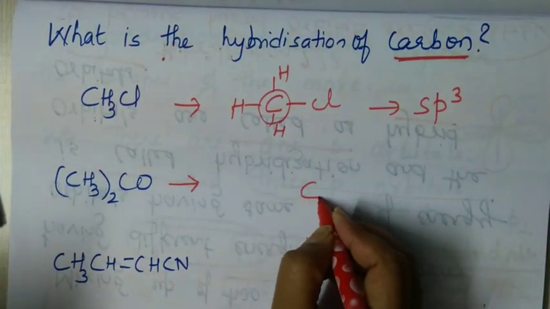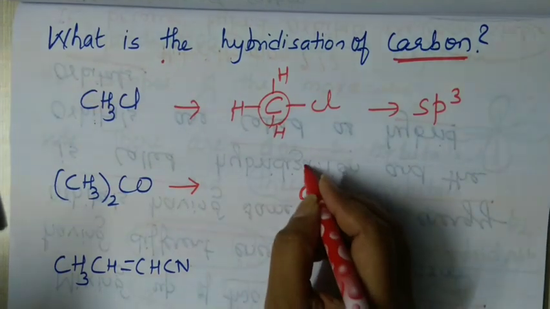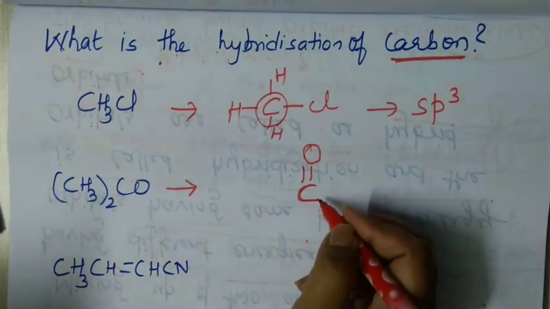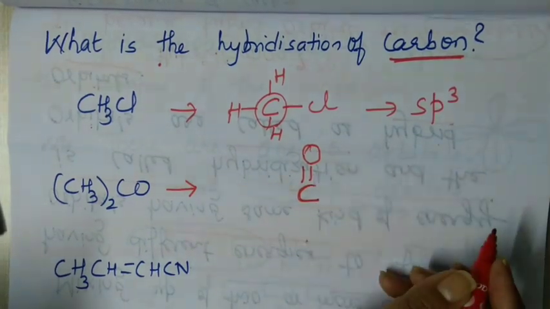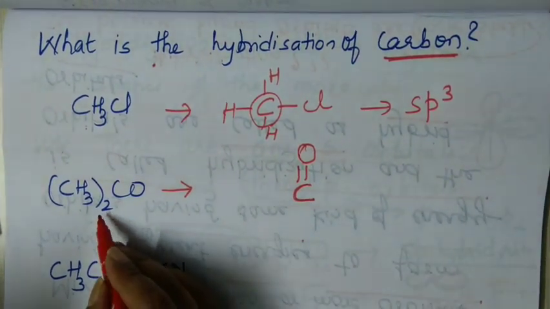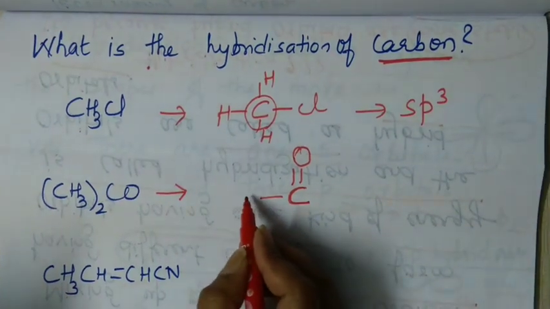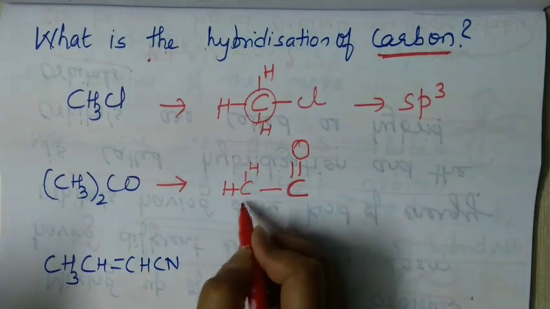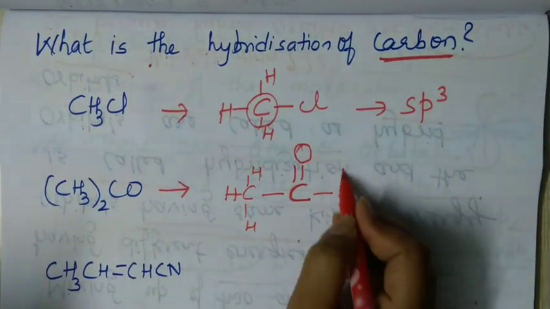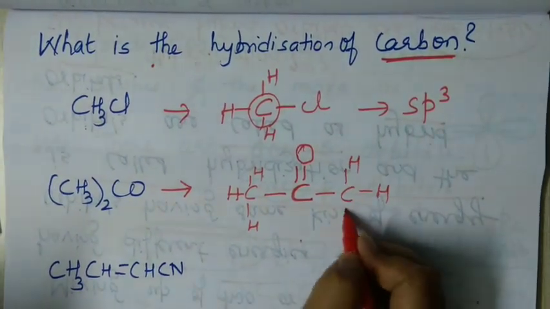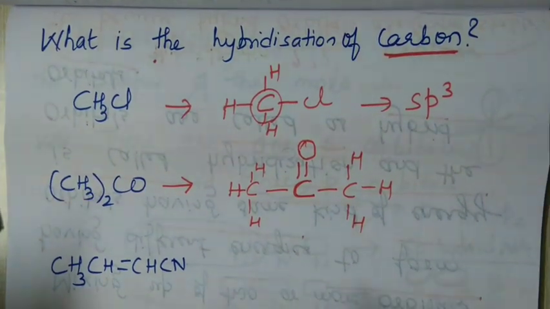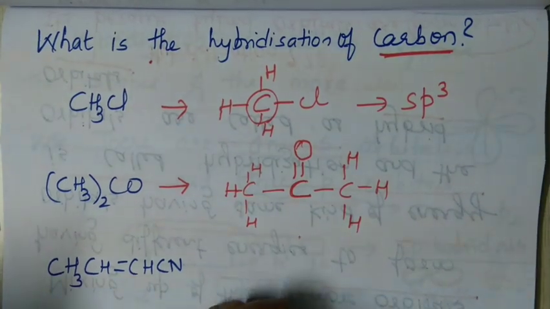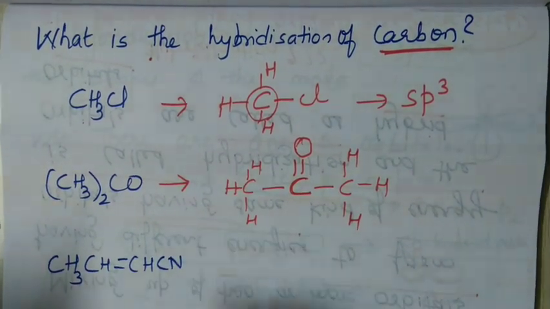So coming to the next one, CH3 2 times attached to CO. So I am going to write C in the middle, double bond O. Please remember, between carbon and oxygen you always have a double bond. So I have shown double bond. So CH3 2 times. So on one side I will write CH3. So 1, 2 and 3. On the other side also I will write CH3. Complete expanded form so that it is easy to identify. When you practice large number of molecules, you will be able to identify just by looking at them.